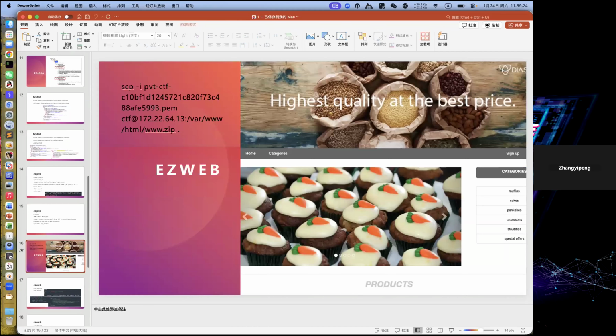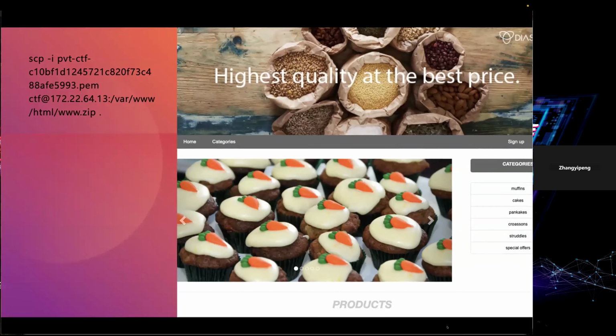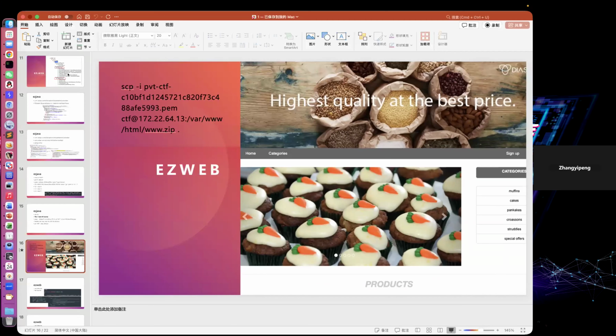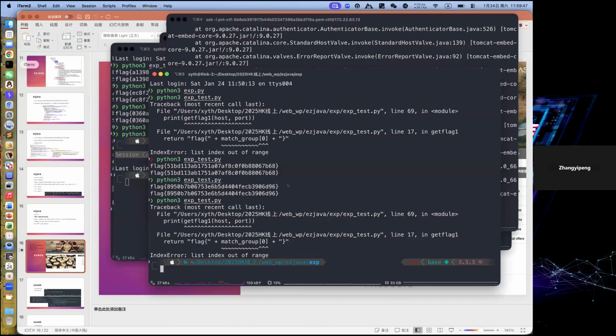The easy web. Okay, this one. The easy web is a PHP web server. In some way, I think it's really easy, and easier than the easy Java. But very similar. So first, you need to access the easy web and get the source code. So as you see,